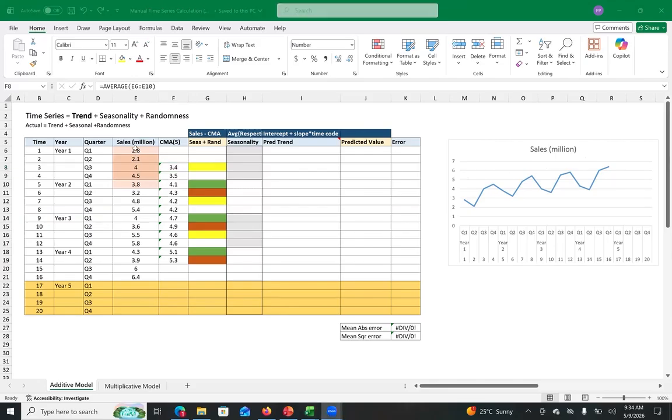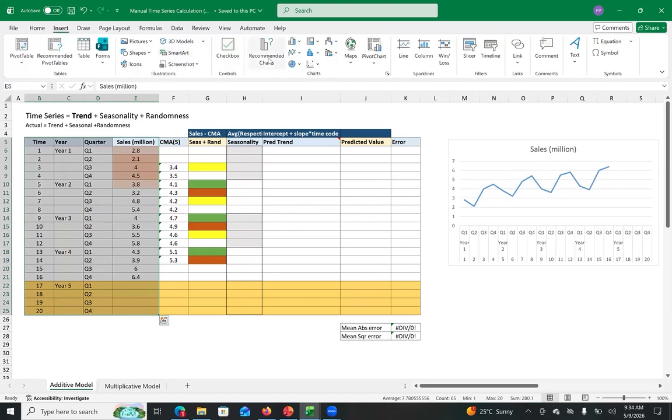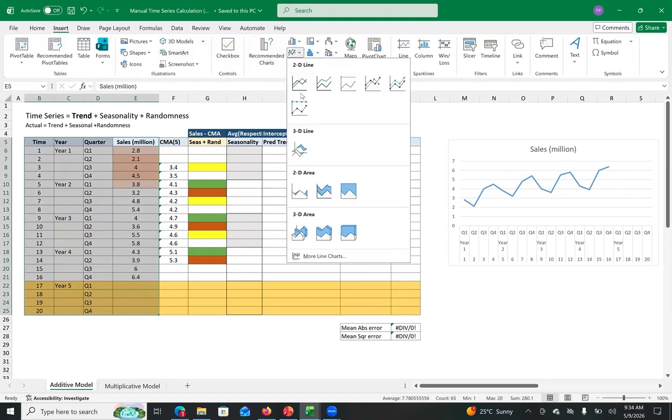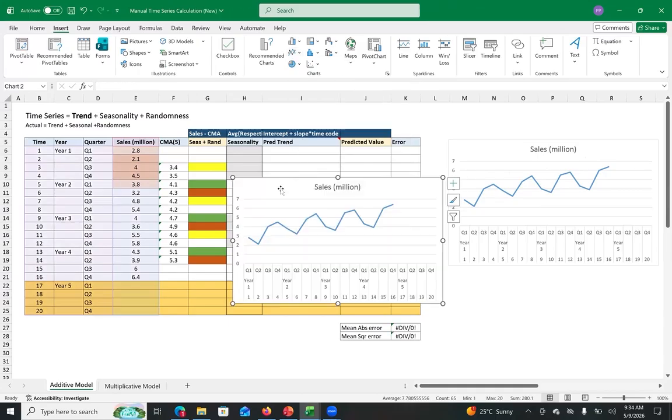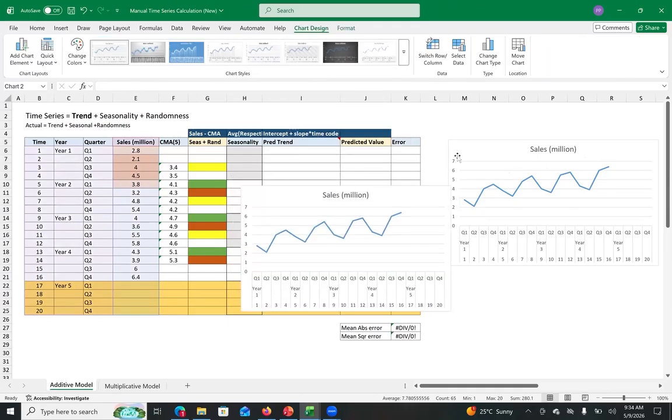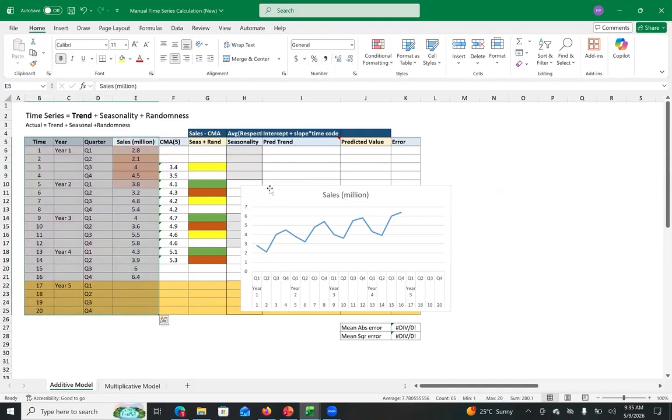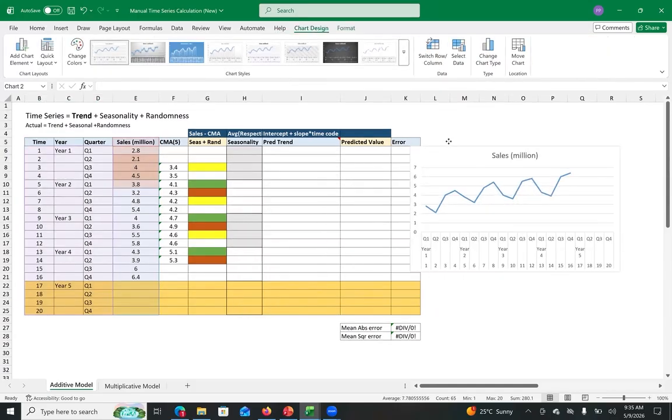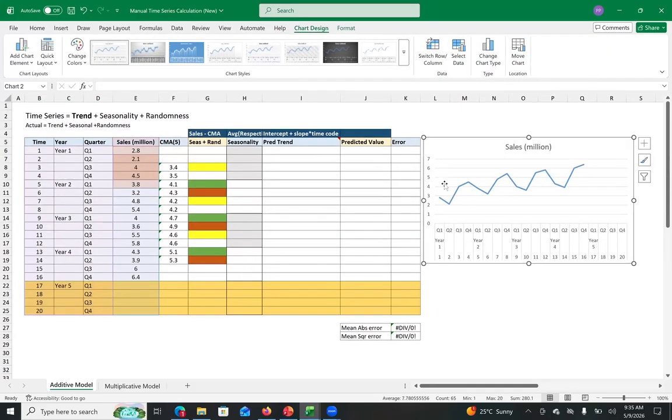Now, what we have is this time series. If I plot it, this is how it will look. So we have this time series. If you look at it, it is slowly increasing over a period of time. That means that it has a trend component. I can see some